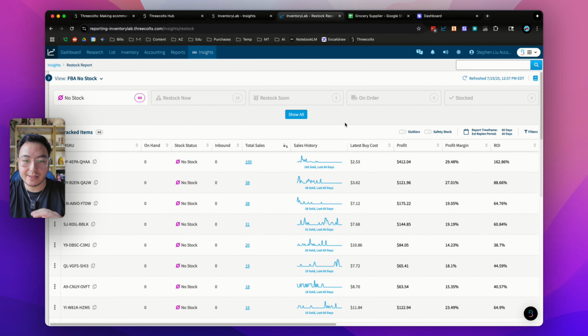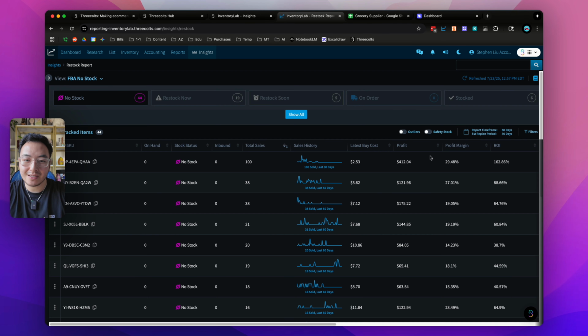So this is the InventoryLab Insights. If you click right here on Insights and click into Restock Report, this will be the view that pops up. You can see there's a lot of data here and a lot of information. So one of the first things that I do for myself is change the view to the nighttime view. So it's a lot easier on the eyes because you're going to be spending a lot of